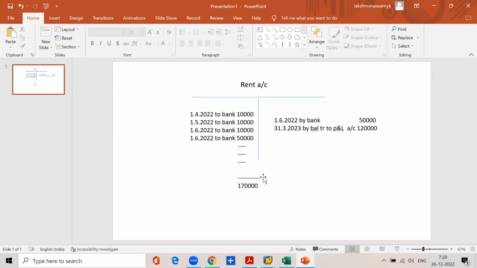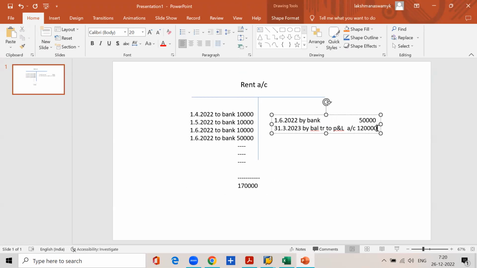So there is no impact, right? There is no impact on the amount of the rent transfer to P&L account. But if you look at the total, you can easily understand that some mistakes have been done in the rent posting. That's why, if you select the negative postings permitted checkbox, then